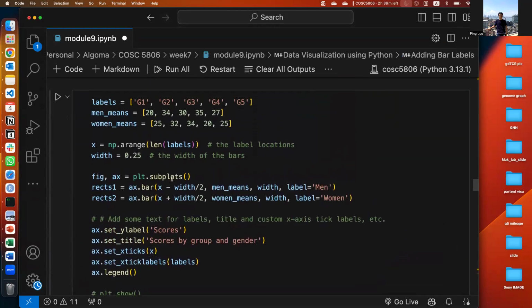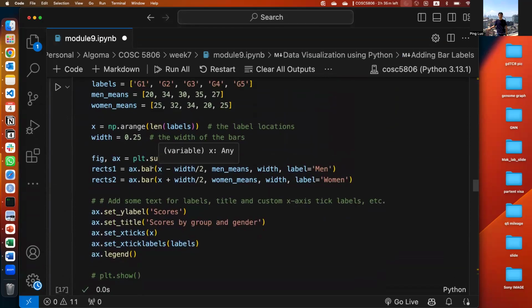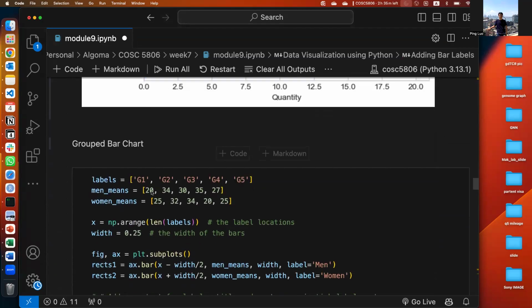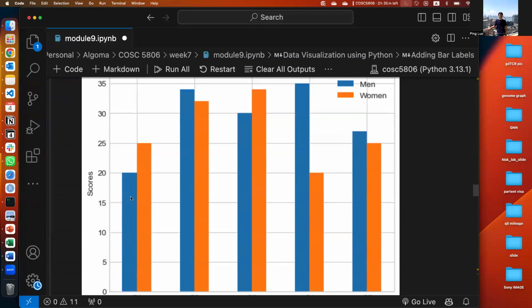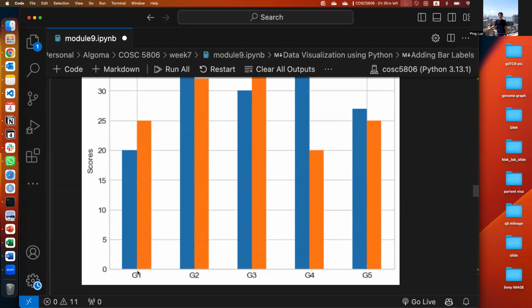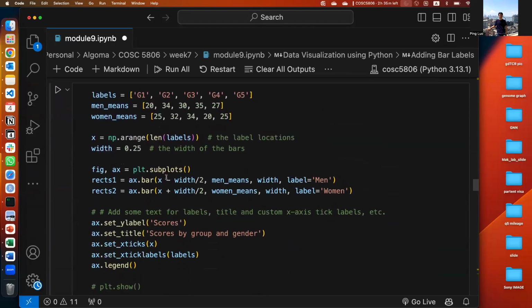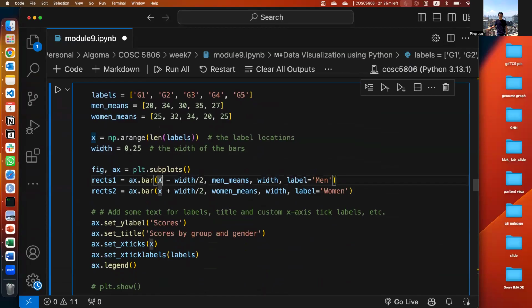Here, it's a bit tricky because in the original bar plot, the center of the bar is on the middle of each variable tick on the axis. But if we want to do two bars, the middle for one group is on the left side, the other on the right side. So we have to compute these middle values